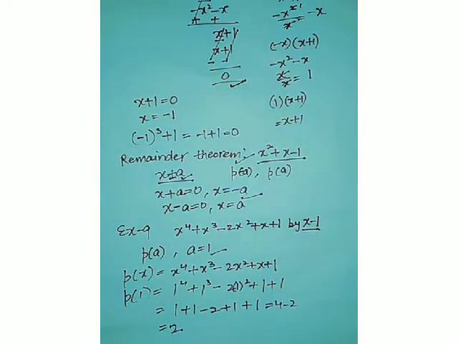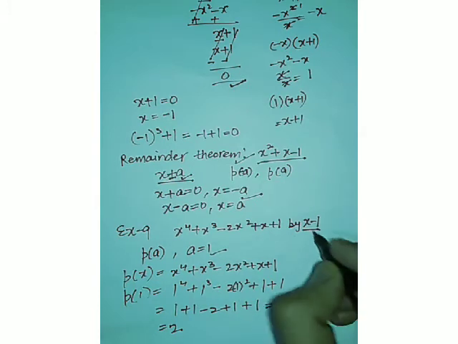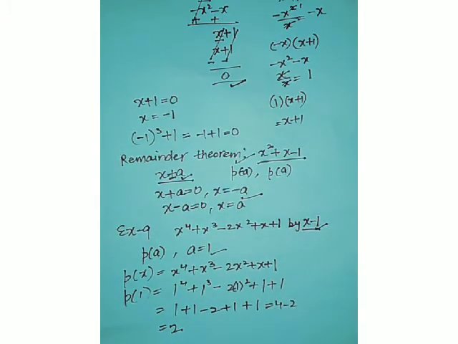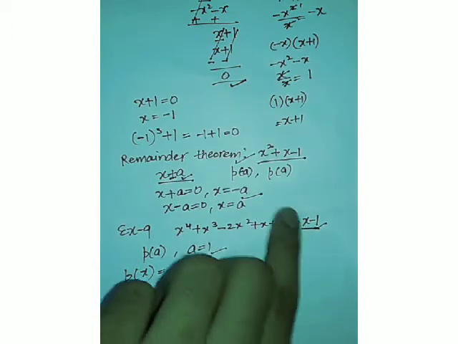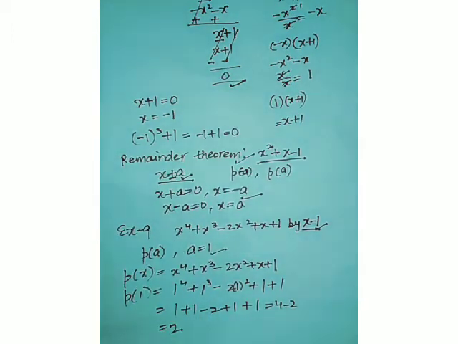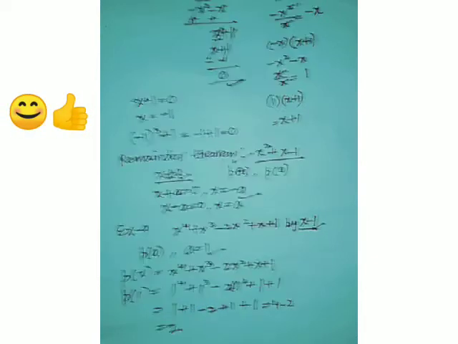Alright, I have told you how we have generalized the remainder theorem, how we can implement the remainder theorem on any function, and how we can save ourselves from applying the long division method time and again to find the remainder. The only thing you have to keep in mind is that the polynomial with which the polynomial of degree greater than or equal to 1 is being divided should be a linear polynomial. Alright, we are only left with one example, so let's quickly do that and finish our exercise.